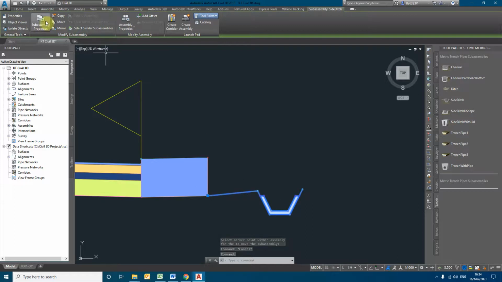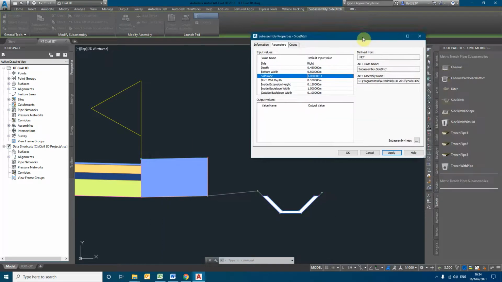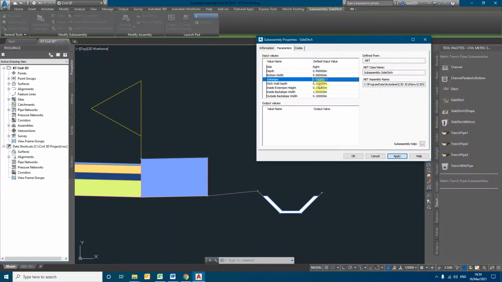So for the grades, go to the subassembly properties. Here are the depth that we had given and the side slopes. The side slope I want to give as 1:1, and apply.